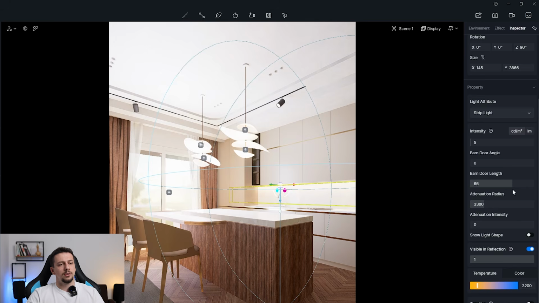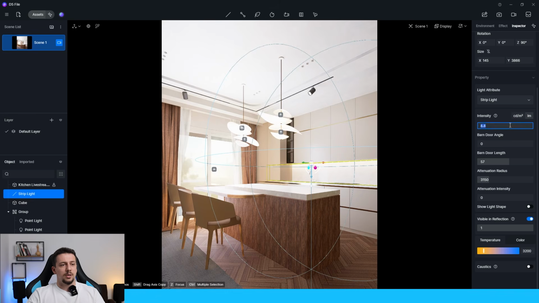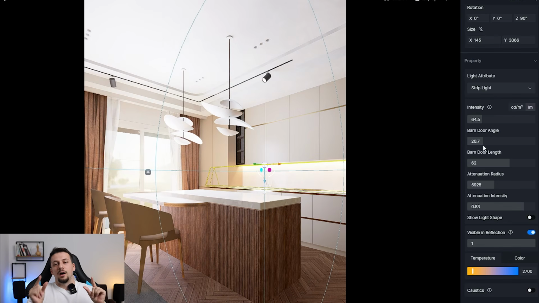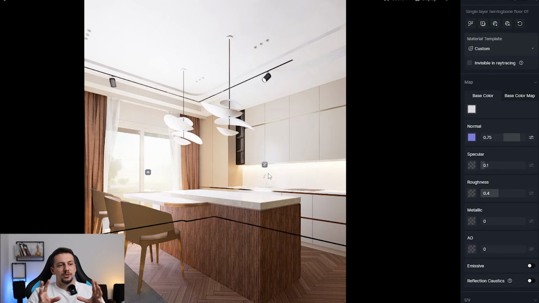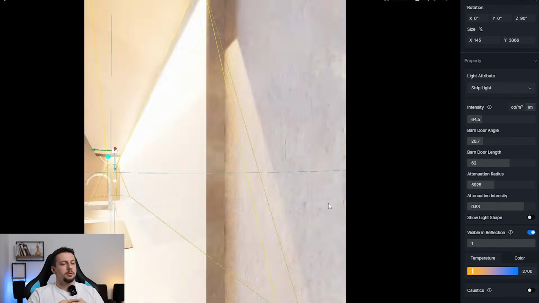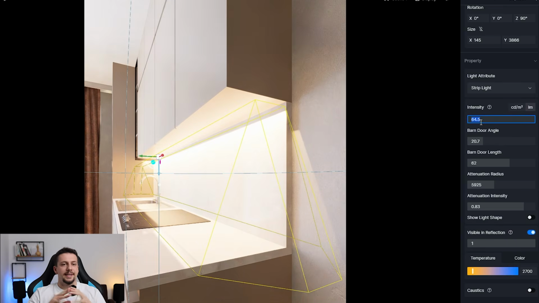So I tried to even play around with the barn door length, the angle, and all these different settings. It wasn't coming off the way that I wanted it yet. However, I was getting closer, just experimenting and doing a lot of trial and error, because trust me, in most renders you do not have a set rule of parameters that you can just follow in every single render. You can streamline your workflow a lot, but you still have to try and tweak things around